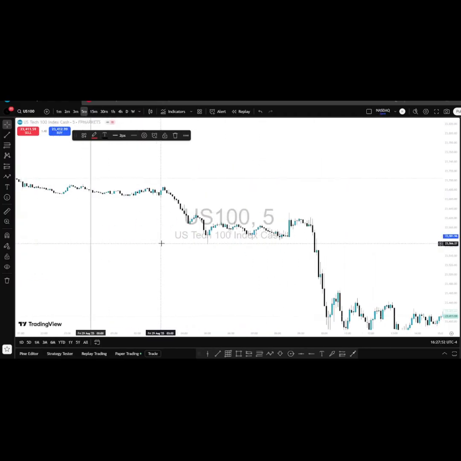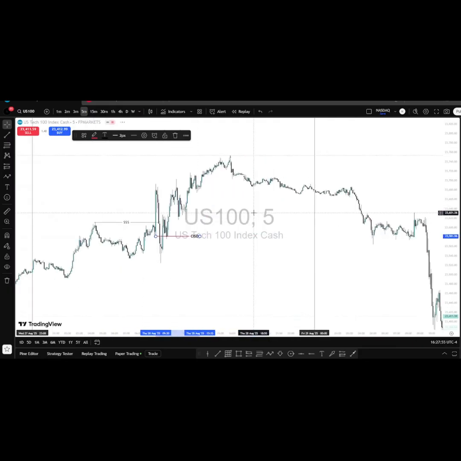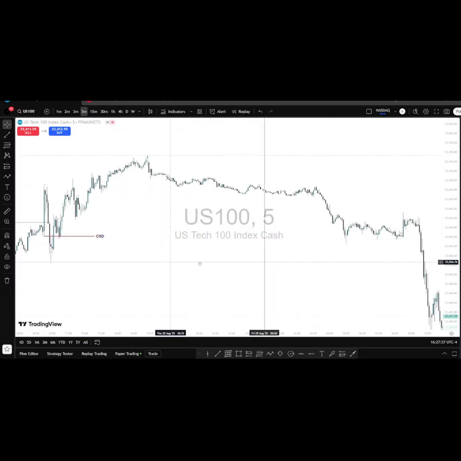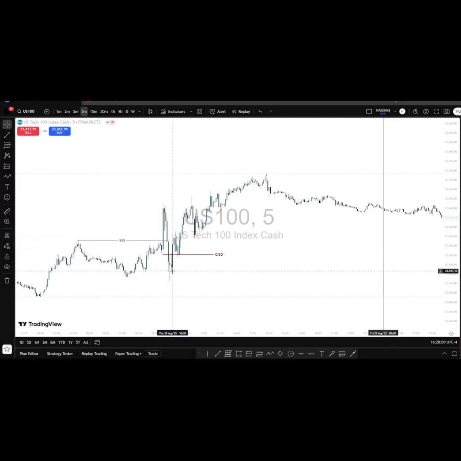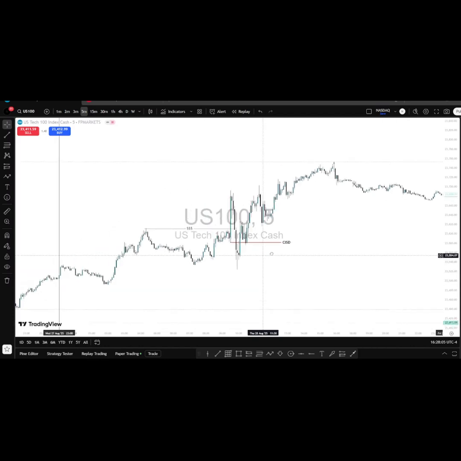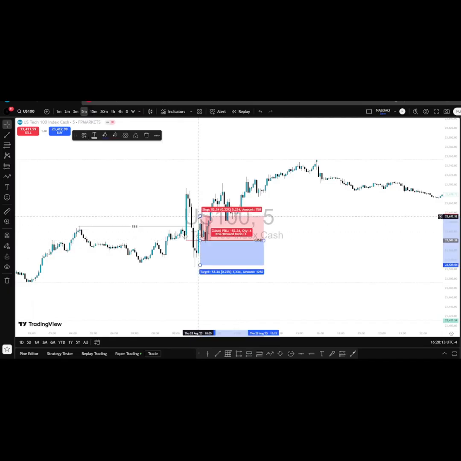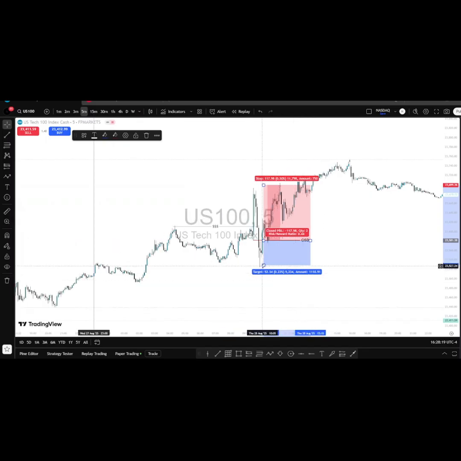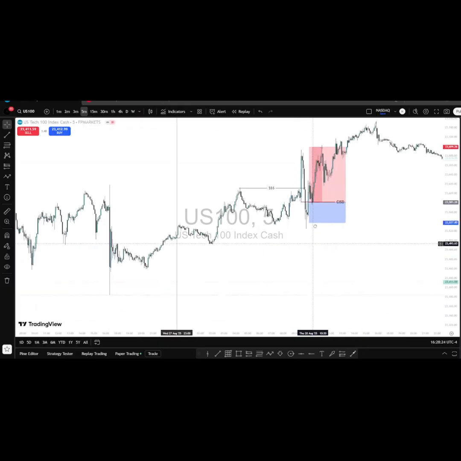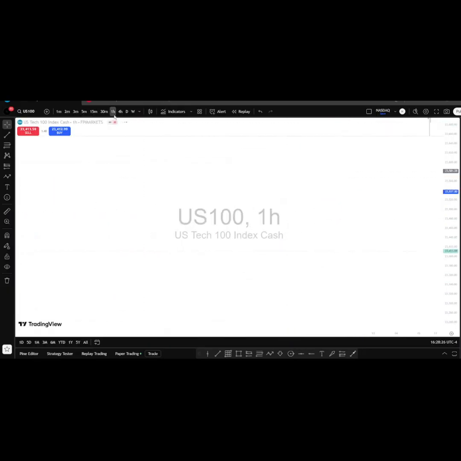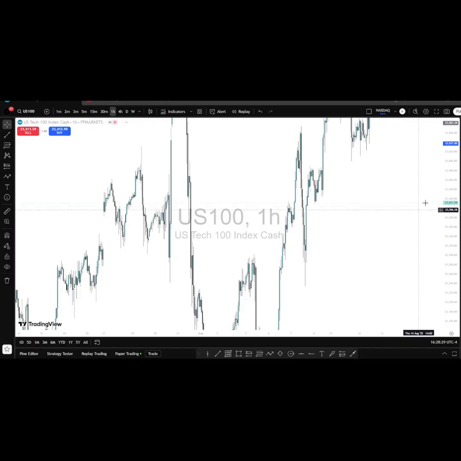Let's go to the 5 minutes so that you can see what I was seeing better. So once we had this close, and then we had this retesting to the change in state of delivery, I took my first position. Remember, I usually take one position and then I add more positions as price confirms that entry. So what were my targets? I have left out a very important part of this trade that I should have explained on the 1 hour chart.